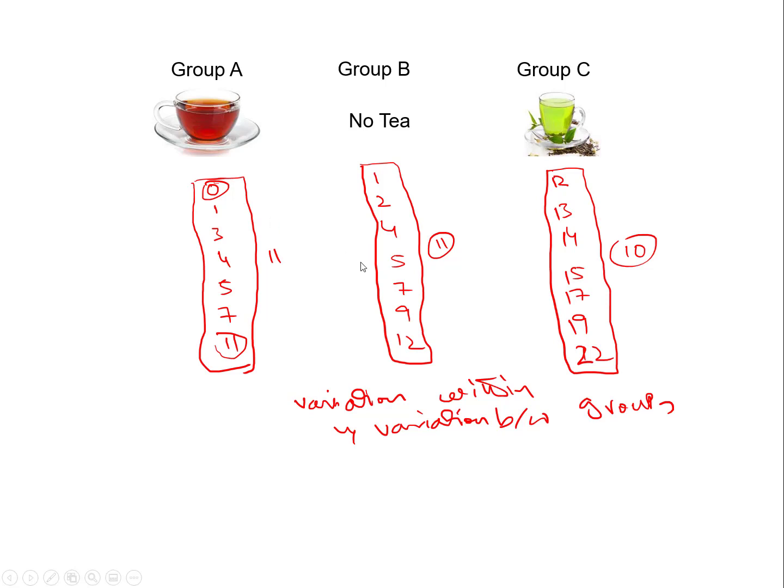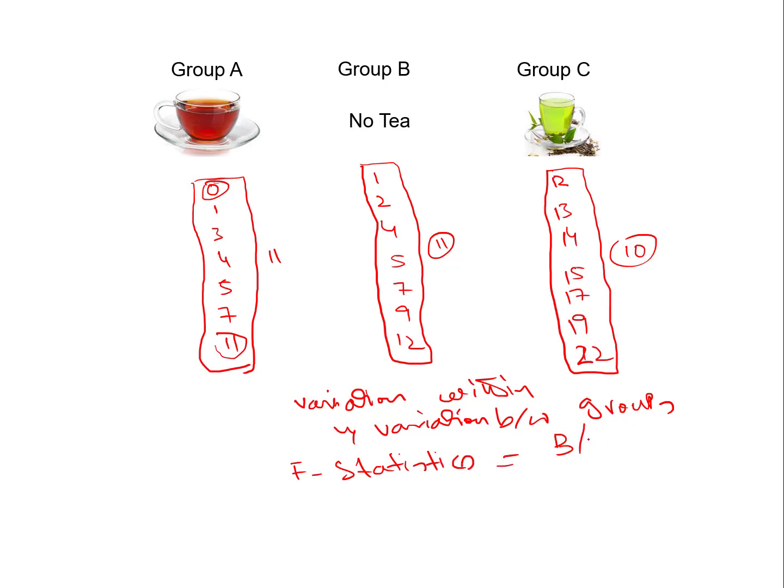Of course, you can't just look at your data to decide. This is just a simple example, but you will not be able to decide by eye whether we should accept the null hypothesis or not. We reject the null hypothesis. So for this purpose, we will use the F statistic. As you know, the F statistic is for ANOVA.